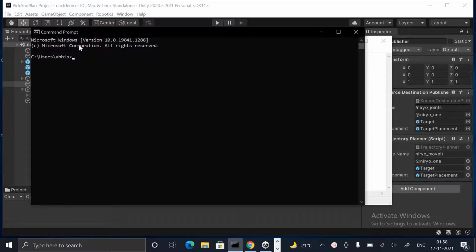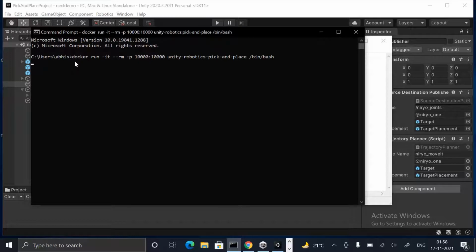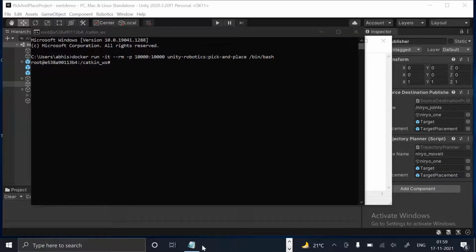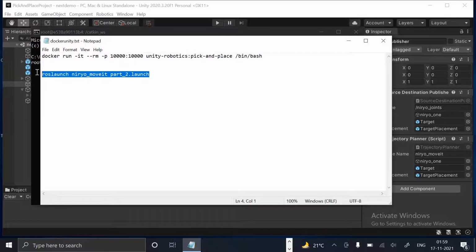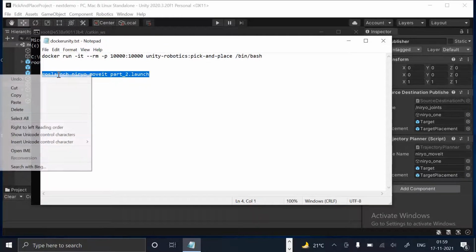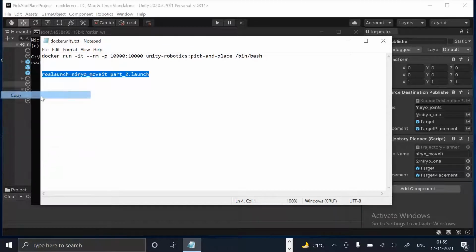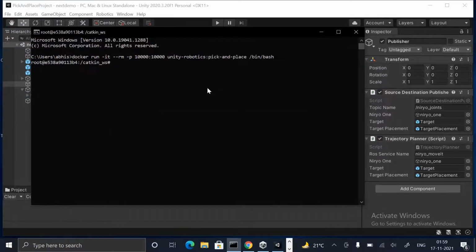Go back. Okay. As soon as we hit enter, it will go through all the steps and now the workspace has been created. In the next step, what we need to do is initialize another part that syncs up with the Unity for the scene that we created. Okay. So now we'll have this. So ROS launch initializes the Nereo or robot logic that we have. I'll just put it in over here.